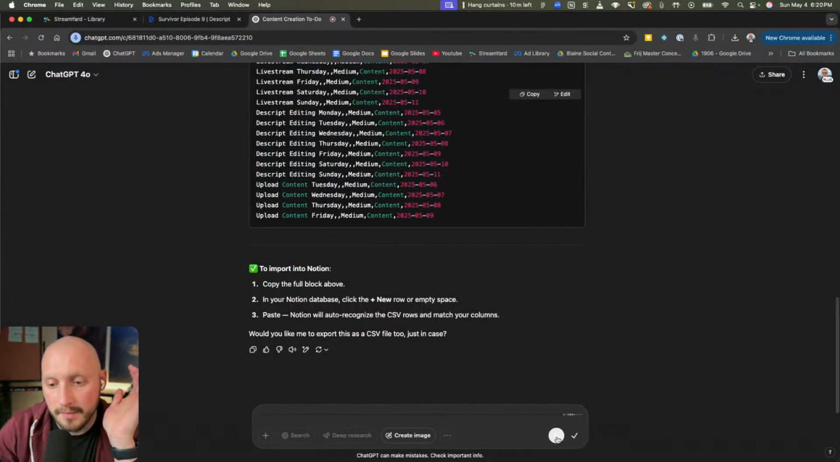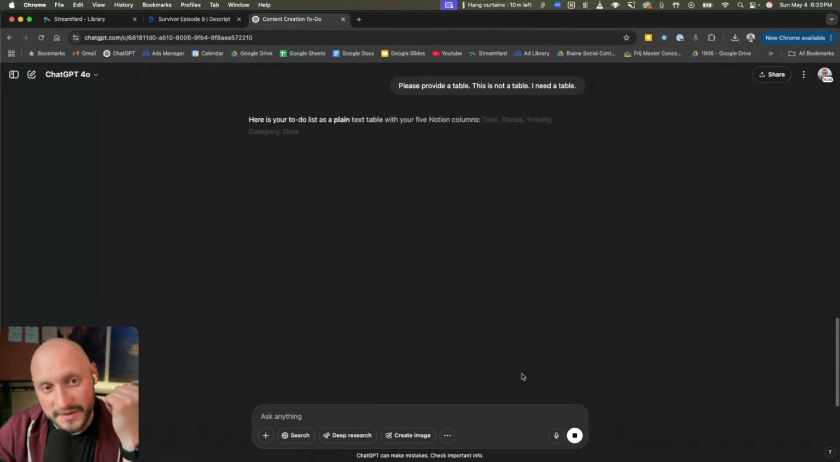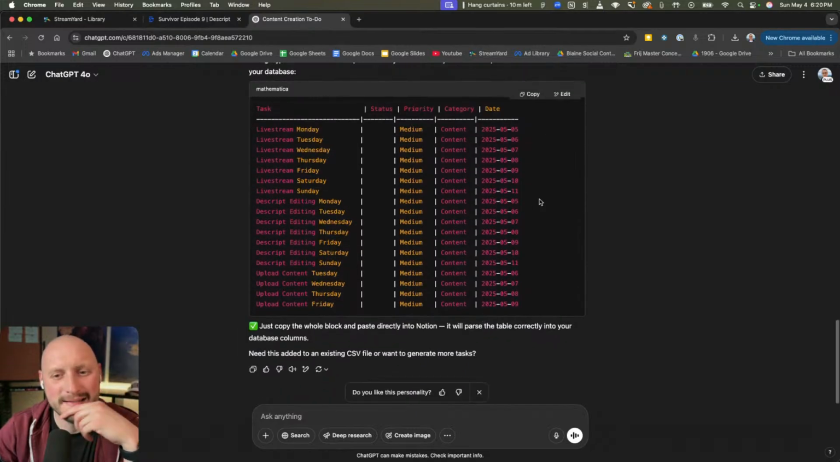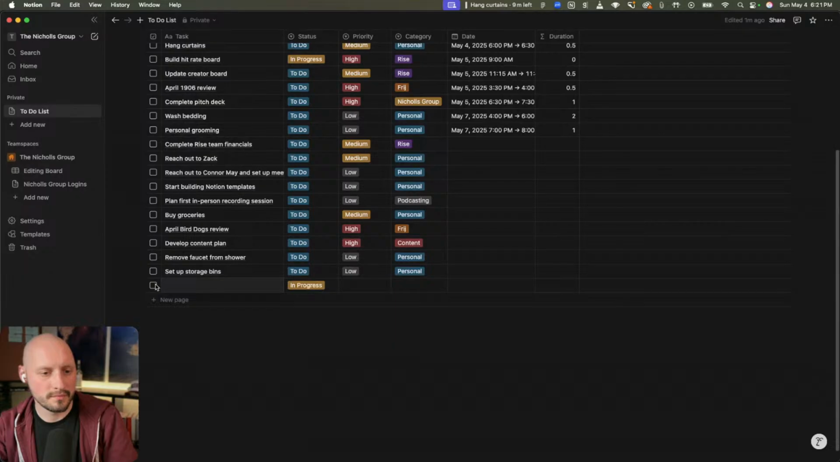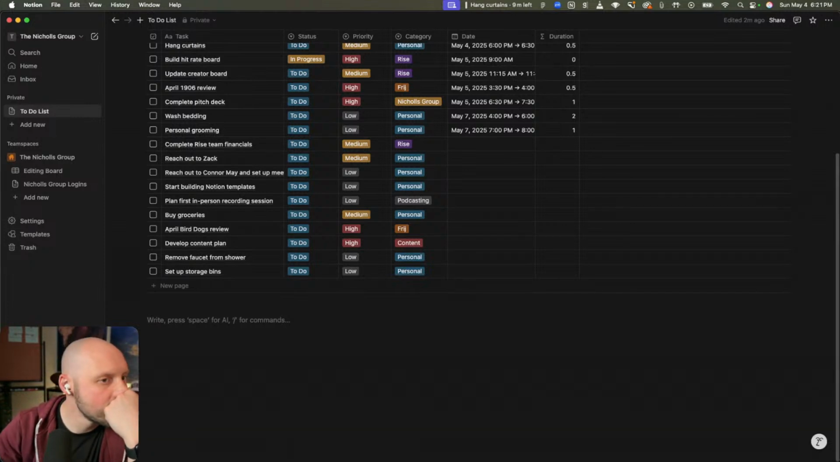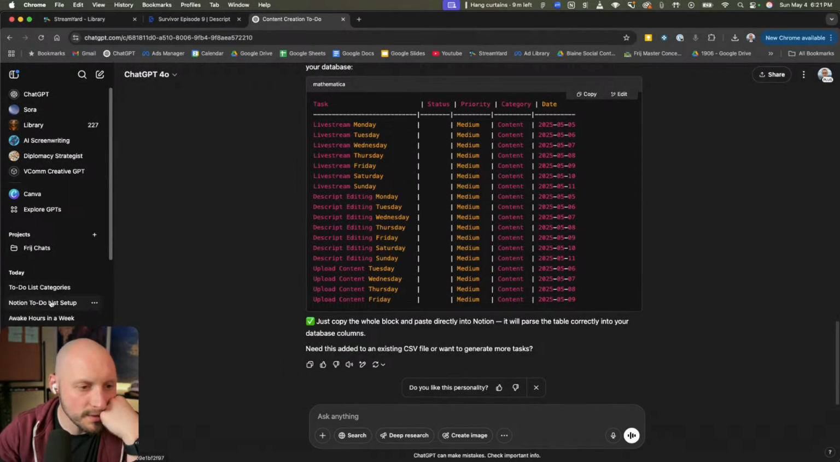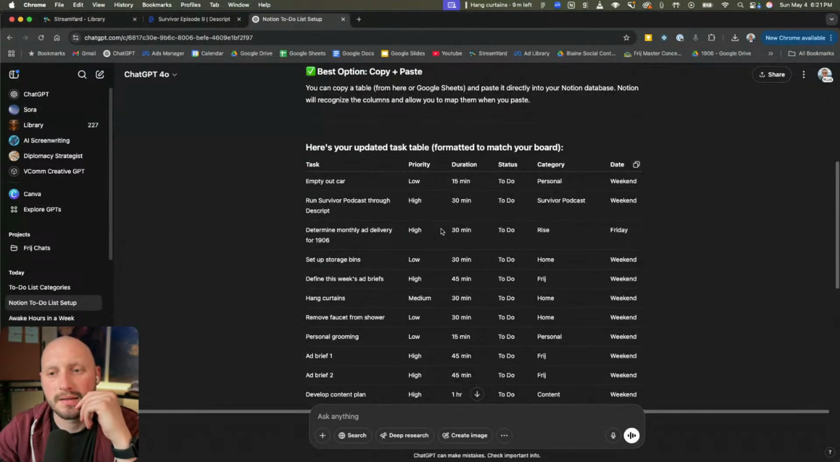Please provide a table. This is not a table. I need a table. Sometimes when you dictate to chat, it's definitely. See, this is weird too. Why is it being so weird? Okay, so like earlier, I was able to do this. So I want to figure out what I did earlier. So it gave me this output earlier,